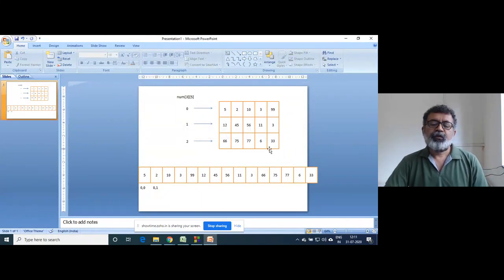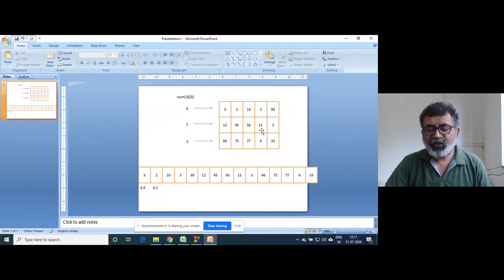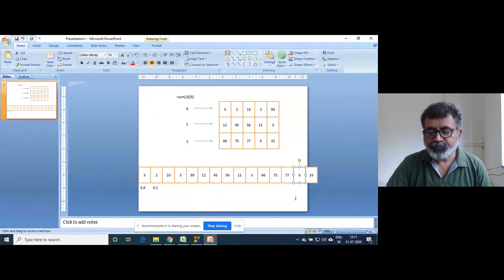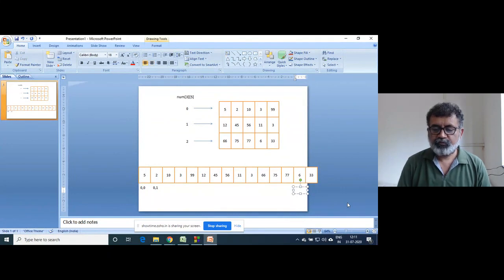And this is the 0th column, first column, second column, third column, fourth column. So the indexing of this element will be 2 comma 4.